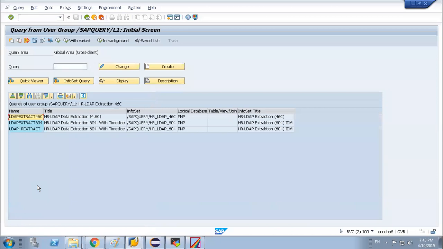If you double click on this query area, you will see the default query area; the query name is provided by SAP. One is 46C, one is 604. We used to connect to this 604.